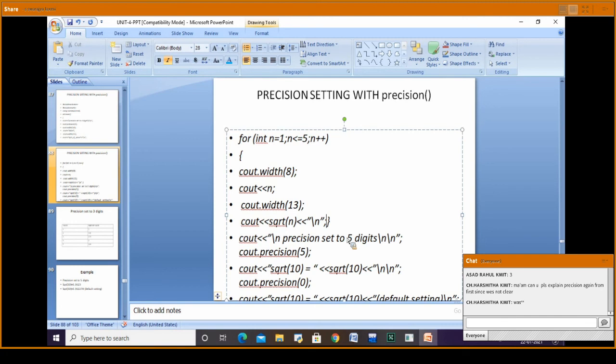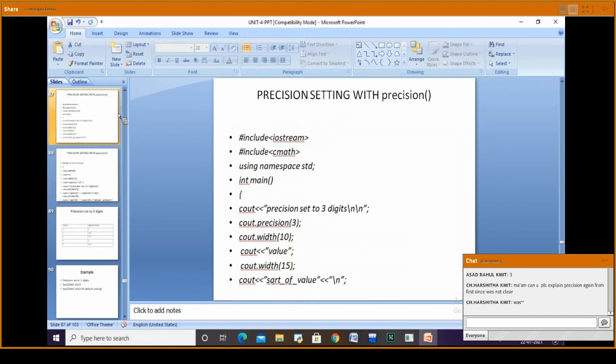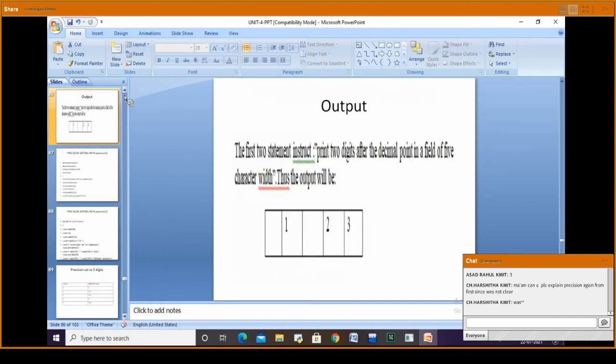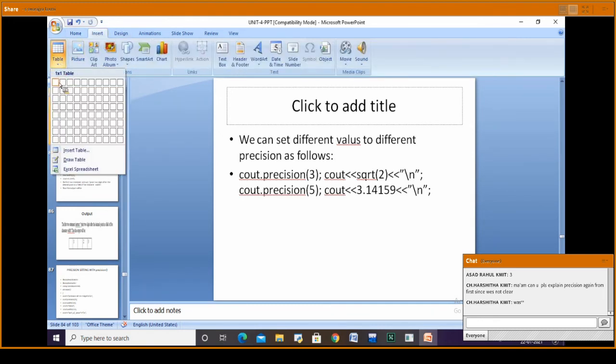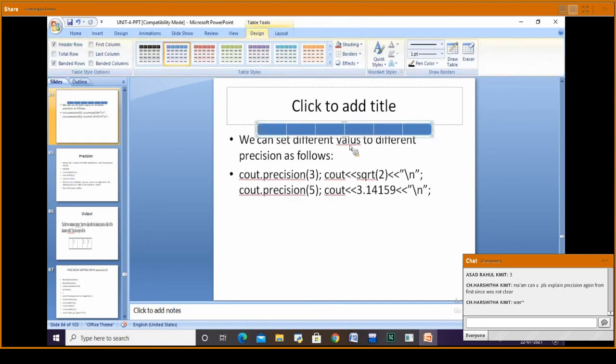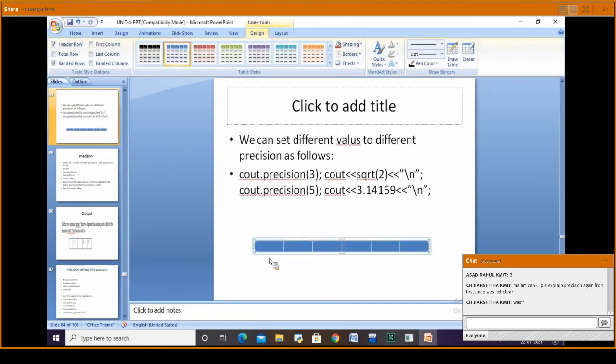Okay, I'll explain precision once again. Precision is nothing but whatever we want to print after the decimal point. For example, I have a value like this: 1, 2, 3, 4, 5.